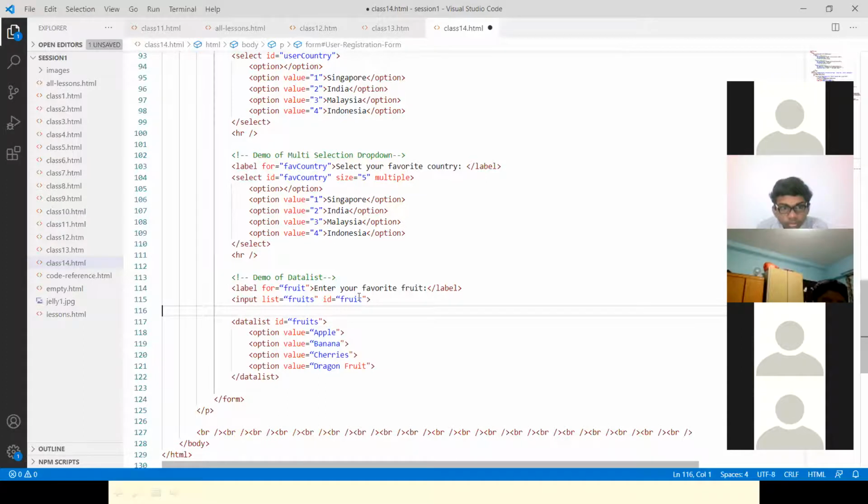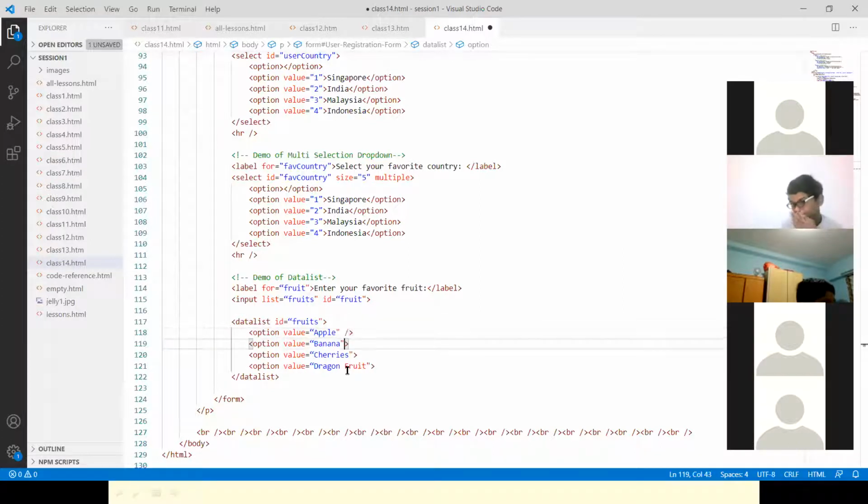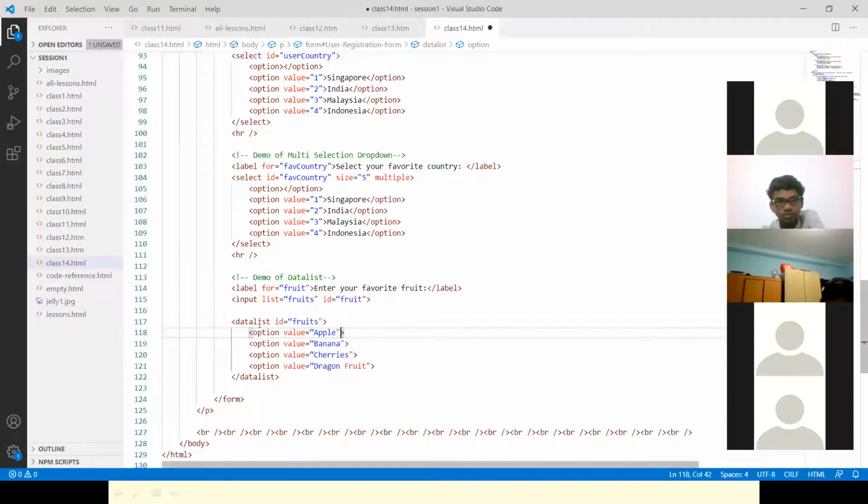I mean the option lesser than symbol should match with the data list lesser than symbol. That will be wrong indentation. Is this the one you're saying?